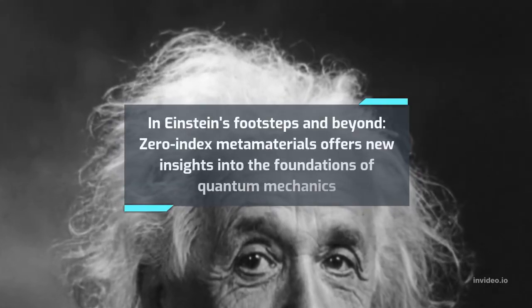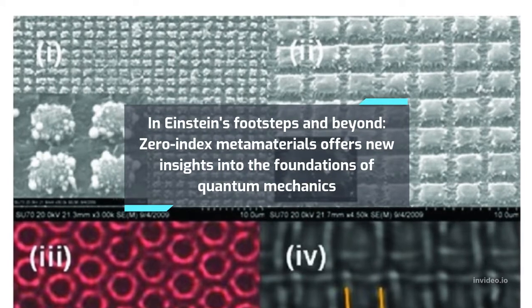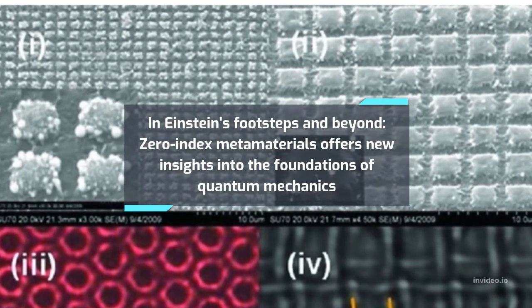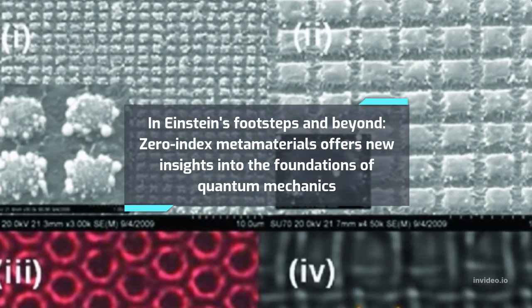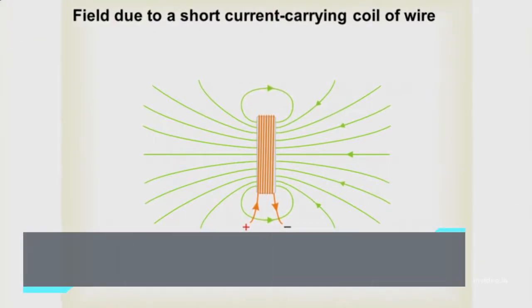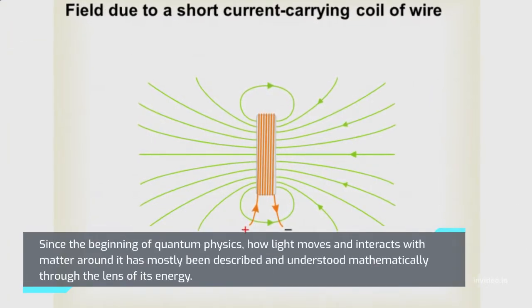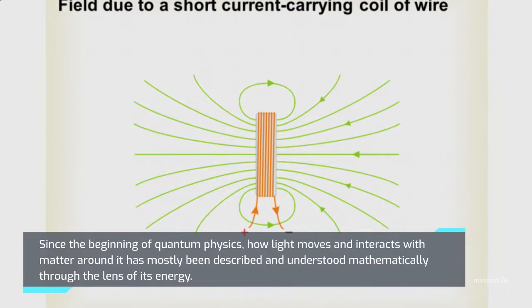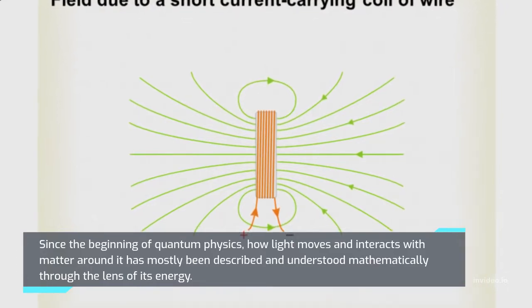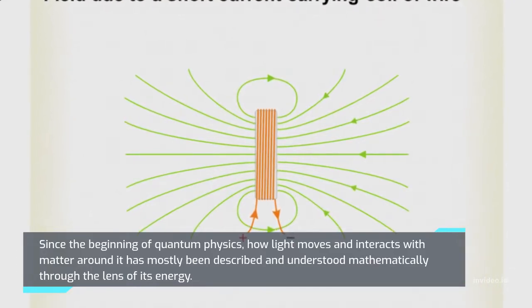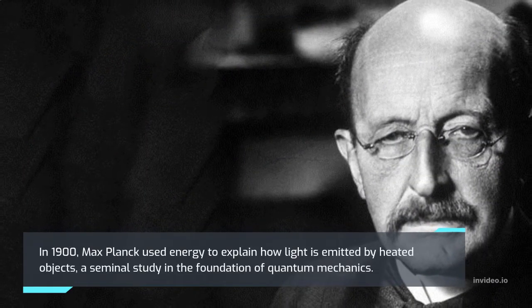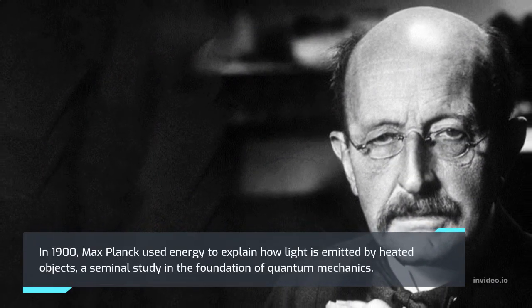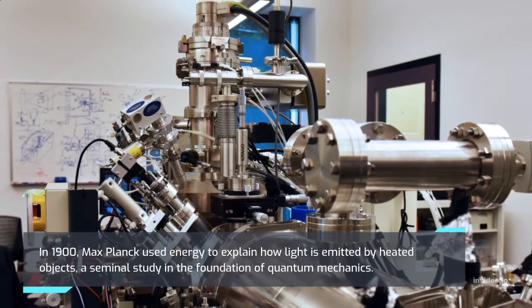In Einstein's footsteps and beyond, zero-index metamaterials offer new insights into the foundations of quantum mechanics. Since the beginning of quantum physics, how light moves and interacts with matter around it has mostly been described and understood mathematically through the lens of its energy. In 1900, Max Planck used energy to explain how light is emitted by heated objects, a seminal study in the